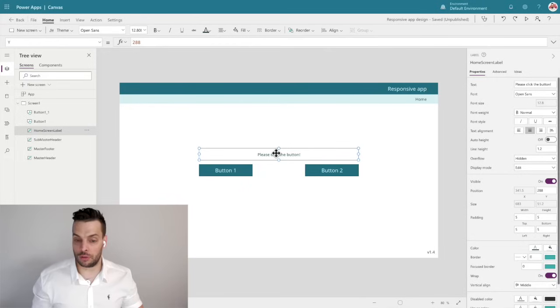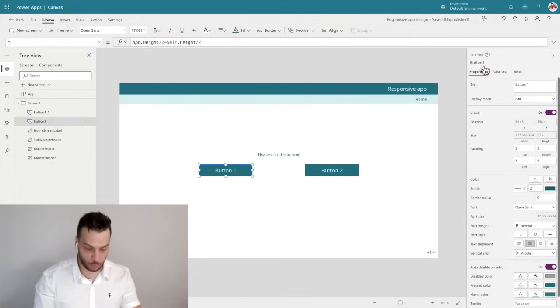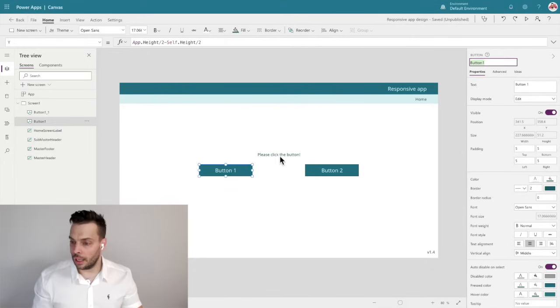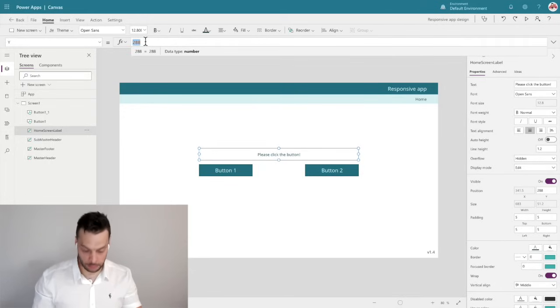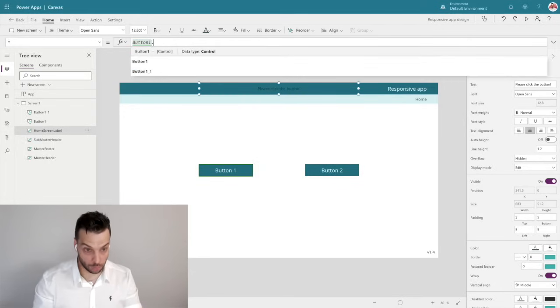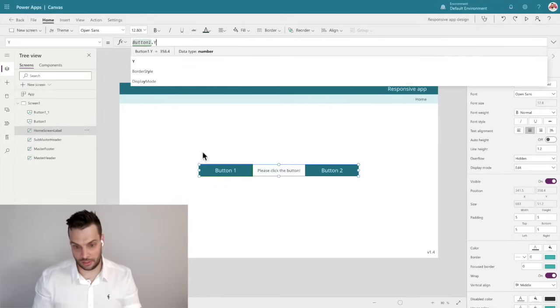And the last thing we want to do to this is put this label so it sits right above the buttons, probably in a very nice position. So we can take button 1 and we can say the Y position of this be button 1.Y. Yeah, it actually looks quite nice like that, but I won't leave it like that. I want to move it up above it. Minus